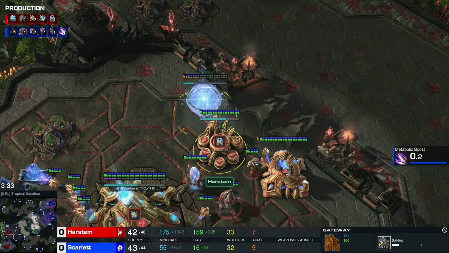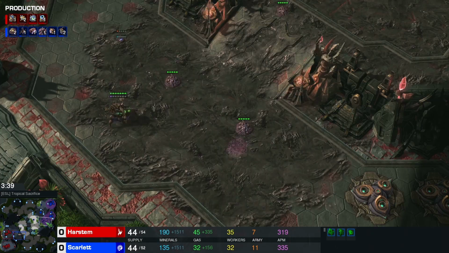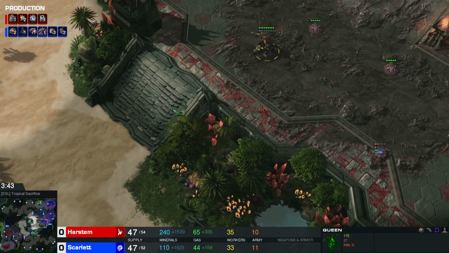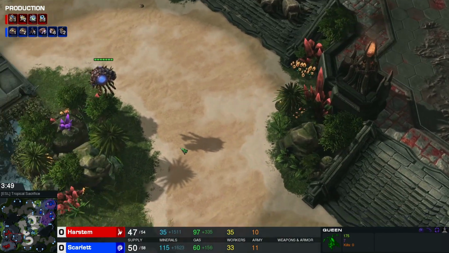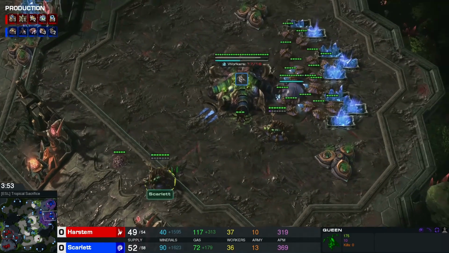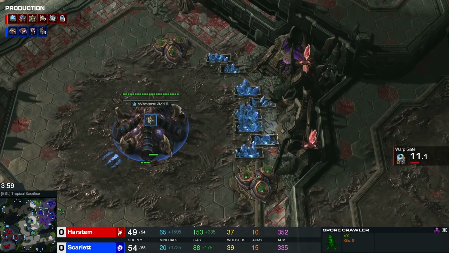The second Gateway is being produced just to finish the wall-in against any early aggression by the Zerg. Yeah, creep spread is also really nice here for Scarlett. And we also have a nice beach on this map, with some palm trees and some grass, a very beautiful map here. Yeah, Tropical Sacrifice indeed, as we see a spore being produced by Scarlett. No spore in the main. Second expansion has been finished,